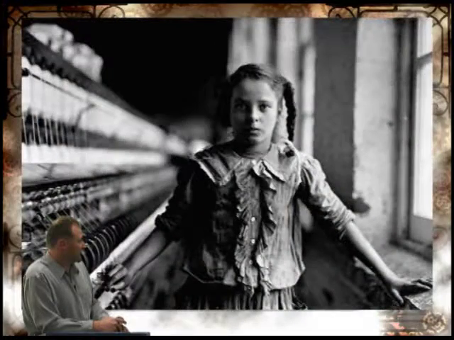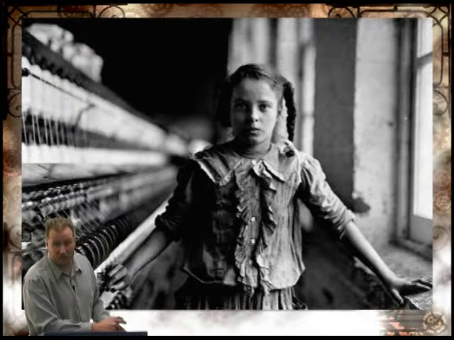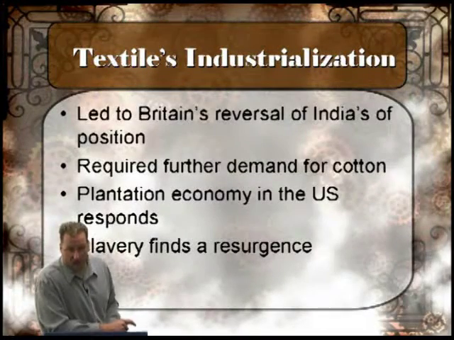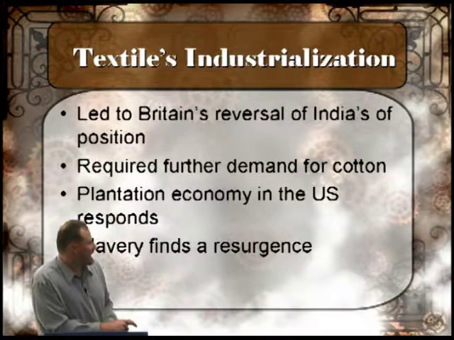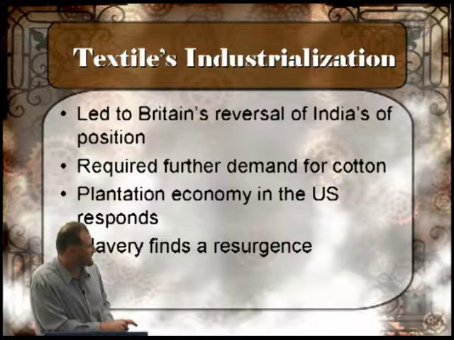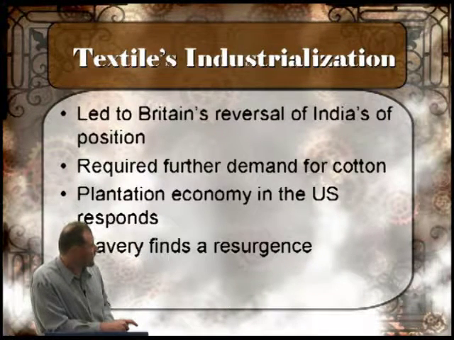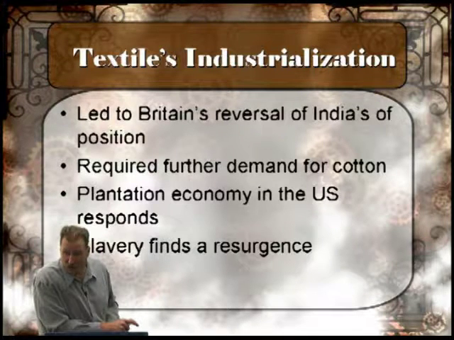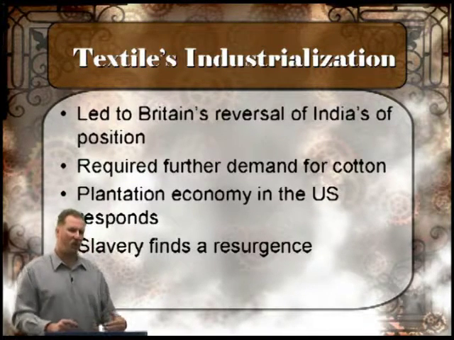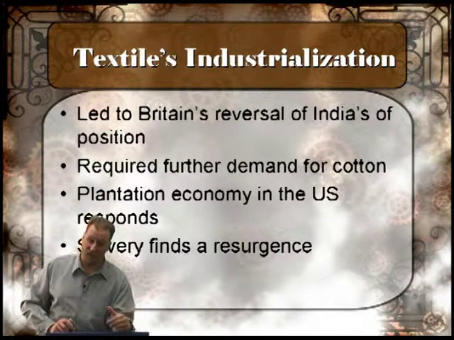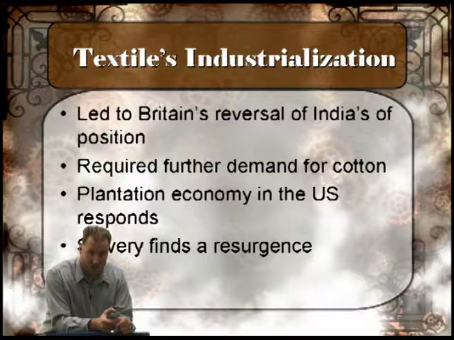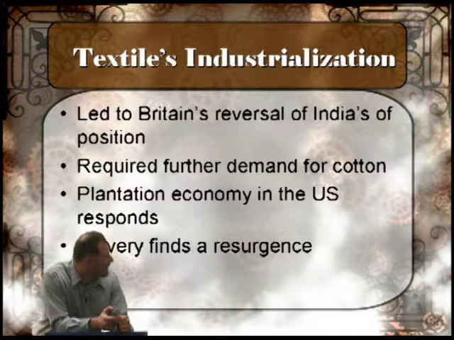There's a great example there of some of the images associated with the people who are working in these factories, okay? This is, like we say, this starts in Britain, like the homework that we did. And any attempt at sort of getting India their independence is going to be sort of put aside, and it's going to lead to more control of India, more demand for cotton. In the United States, we're going to start to see more of an emphasis on this plantation. Remember, we saw that before. So interesting is that you're going to want to increase plantation labor, and it's going to lead ultimately to a rise or a resurgence of slavery, okay, as it started to sort of find its way on its way out. Move forward on that.